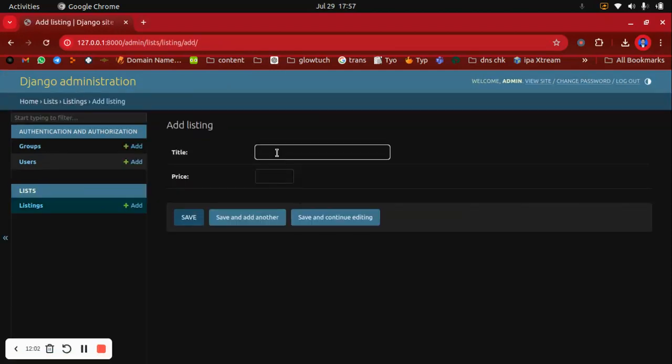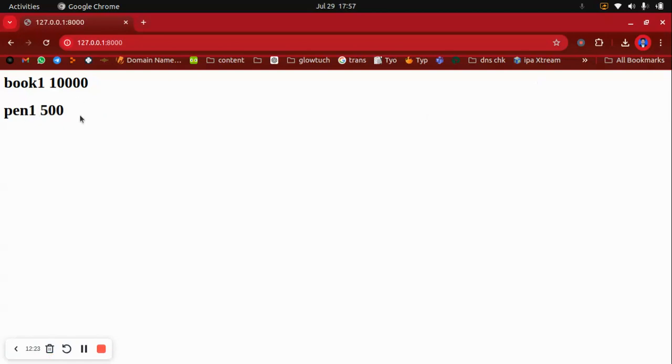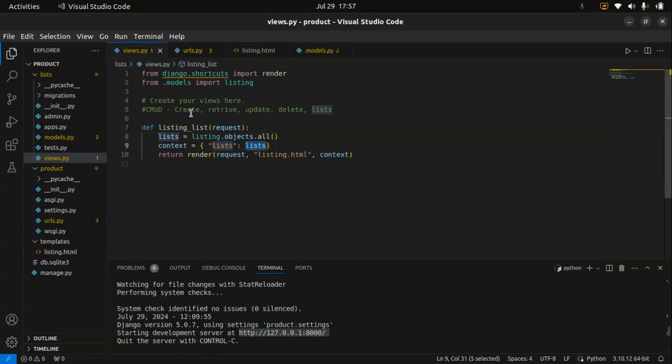This is one of the methods. You can easily add, delete, update. Book pen, 1, 500. If you visit the page, it will show pen and price. So it works like this. In the next video you will learn about create, retrieve, update, delete. Here you will write the function code and all, and you will learn